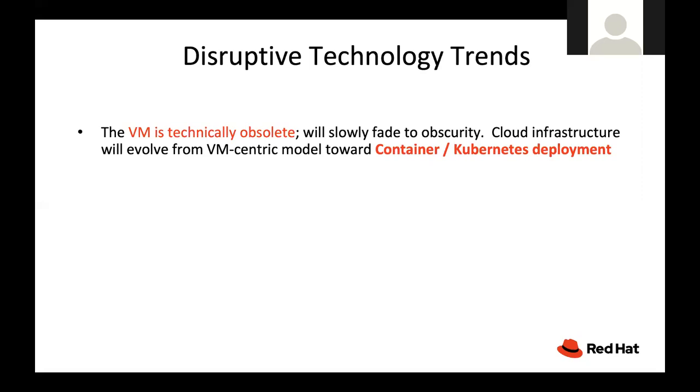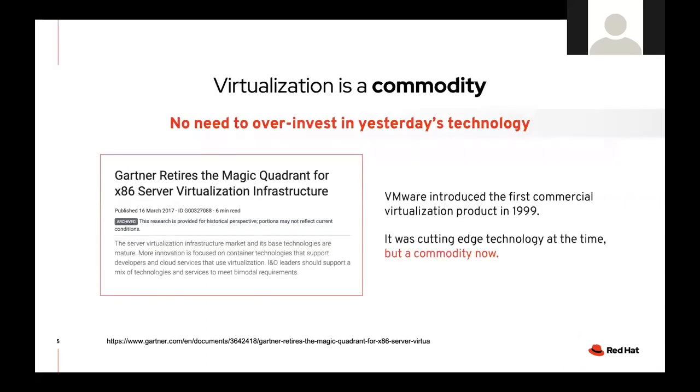But today, modern software and modern cloud-native approaches require a new way of packaging and deploying applications. So we are evolving from a virtual machine-centric model towards more and more a container Kubernetes deployment model. This is how the IT world is shifting from a virtual machine-centric into a container and Kubernetes deployment model.